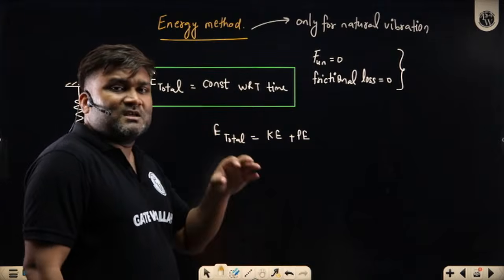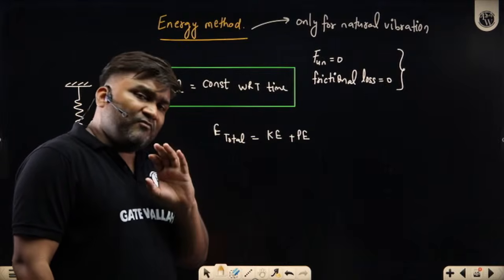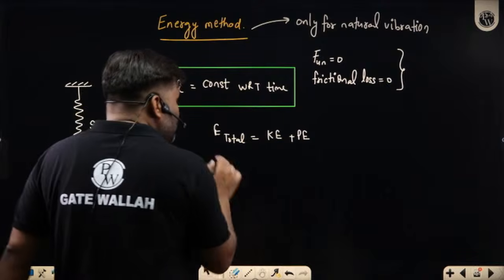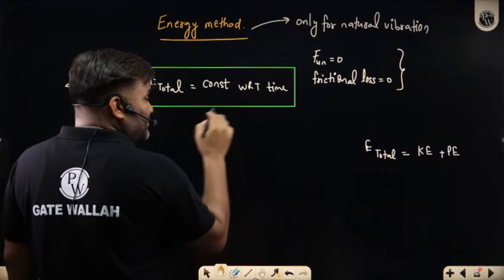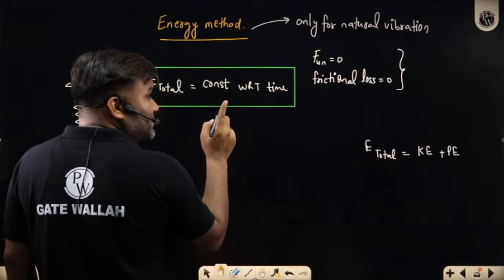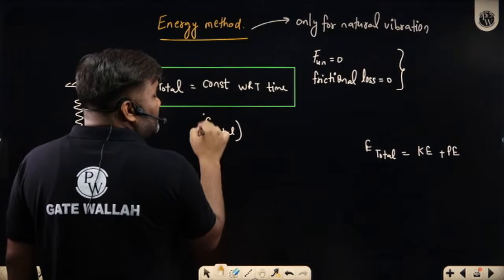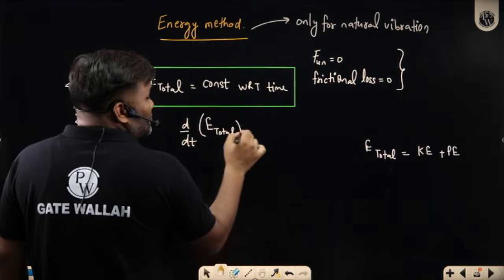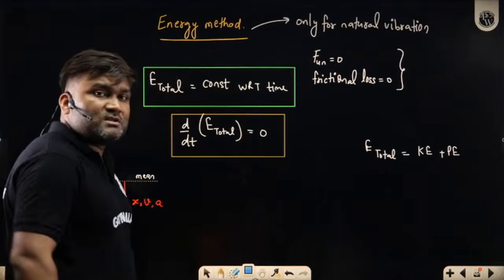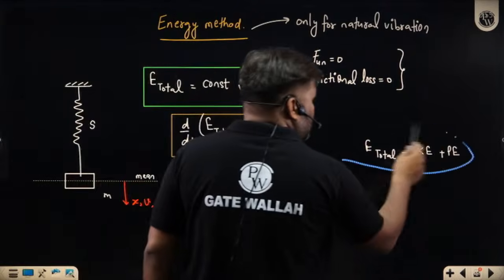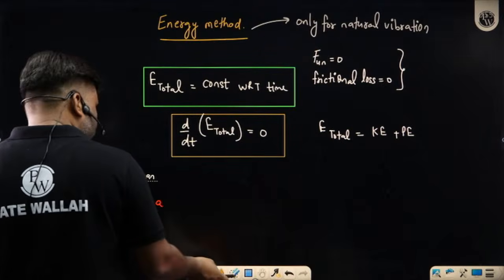If we have multiple springs, spring 1's potential energy, spring 2's potential energy, every energy you have written. And once you have all the energies written here, the total energy remains constant with respect to time. This total energy is not a function of time t, it is constant. So if I differentiate it with time, d by dt, can I say it will become 0? Why? Because it is constant with time. Let me just write the values here, just showing you.